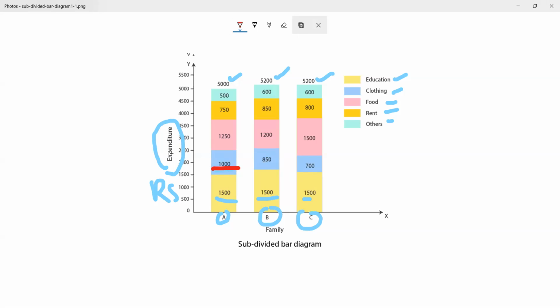If you have several variables under a single variable, now for family A the variables will be education, clothing, food, rent, and others. Even though we are measuring the same thing amongst different families, in a single family itself you can allocate different amounts. This is only one example, where you are using a budget. You can apply it to several others as well, wherein you are able to find different variables within a variable.